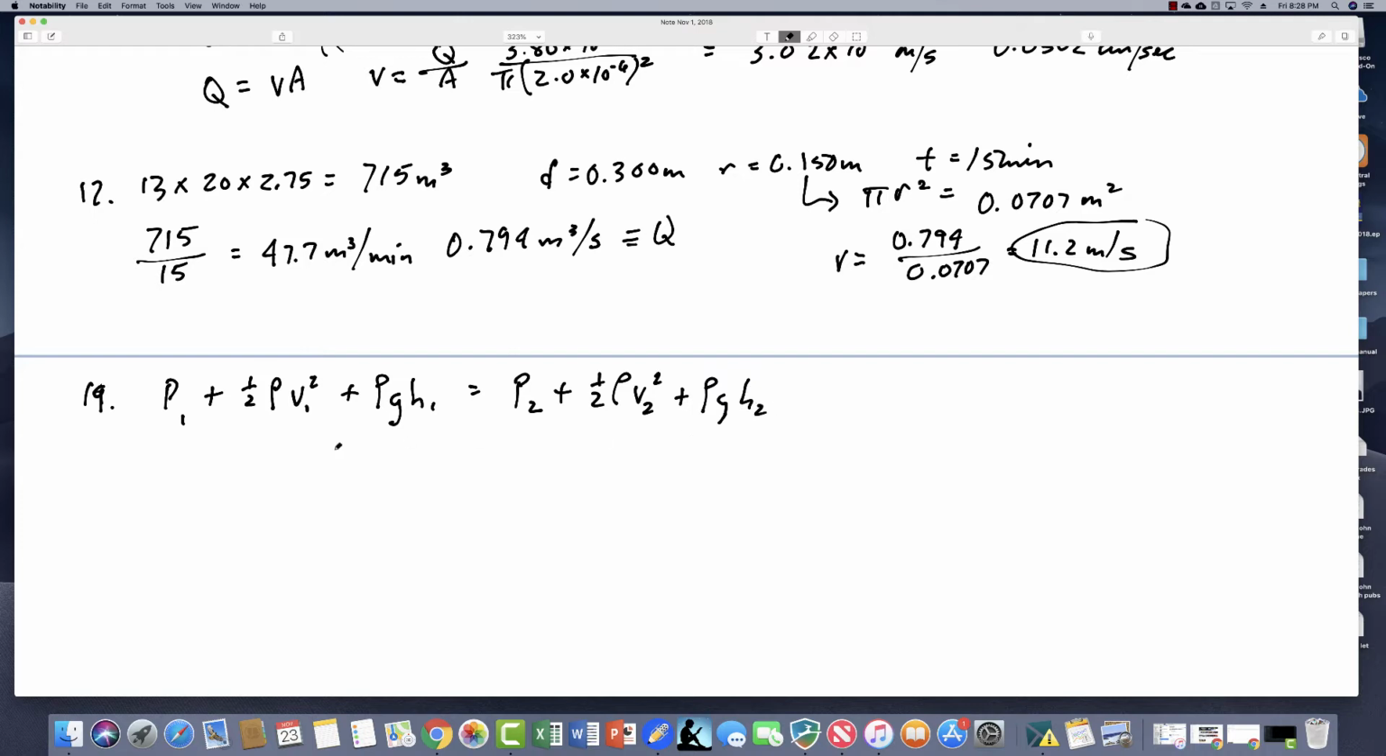rho g h2. Now this equation basically allows you to go from one state, which is this state of conditions, to a second state. But many times several of these factors drop out because they either do not change or they're not relevant. So let's take a look at the first problem, problem number 19. It says if the pressure reading on a Pitot tube is 15 millimeters of mercury, so P1 is equal to